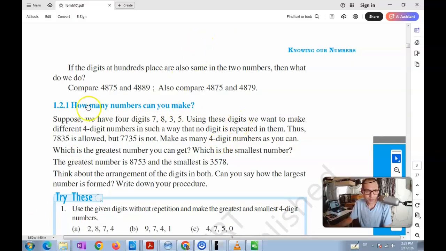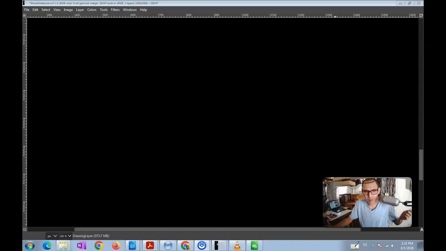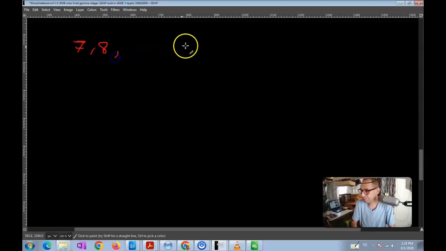Okay, so next we have how many numbers can you make. Now suppose that you have these 4 digits. I mean, these 4 digits have been given to you, which are basically 7, 8, 3 and 5. 7, 8, 3 and 5, and you want to make essentially